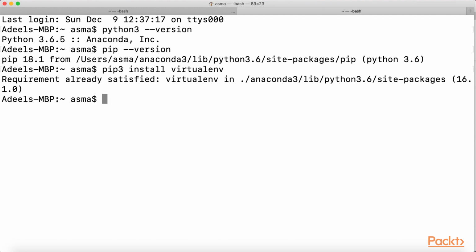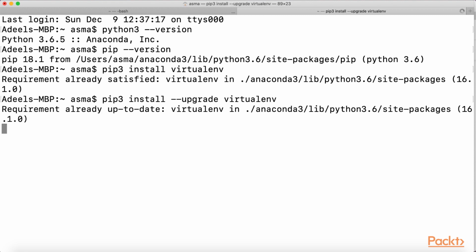So it's telling me the requirement is already satisfied. However, you can actually install it. So I simply modify the command to upgrade Virtualenv, and I can see that my virtual environment tool is already up to date. After you install Virtualenv, you can create a virtual environment in your project. You can use the Python flag to tell Virtualenv which Python version to use. But since I only have one version of Python, Python 3.6.5 installed,